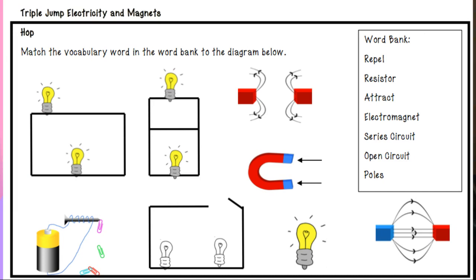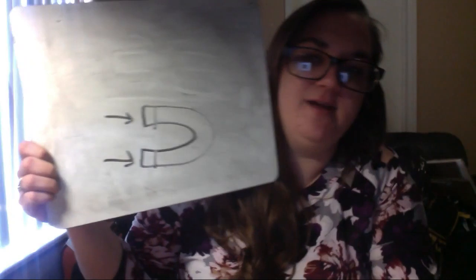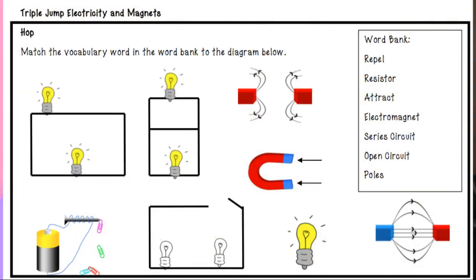The one directly under it that shows a magnet with 2 ends, those 2 ends are actually called poles, just like how the Earth has a North Pole and a South Pole. Our Earth is like a giant magnet. So these 2 things that are connecting it together, these are the poles of my magnet. They can be north or south. The one that shows a screw with a battery, this is actually an electromagnet, and the whole point of electromagnets is to show that there's actually some magnetic properties to a current. So when we have electricity going through something, it actually acts like a magnet in some cases.